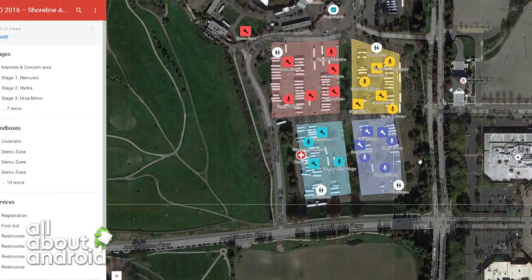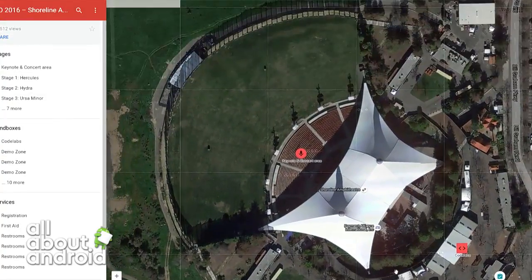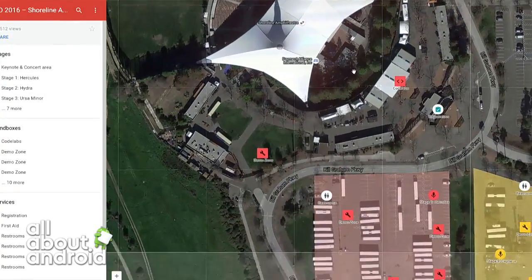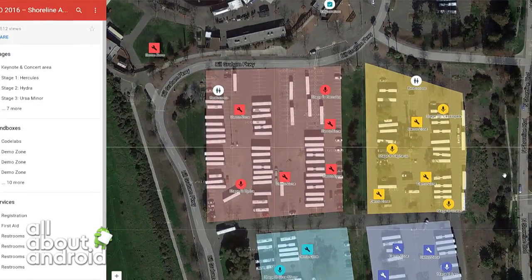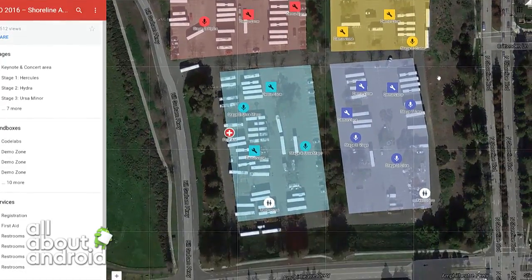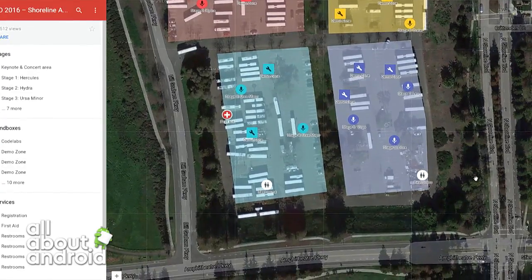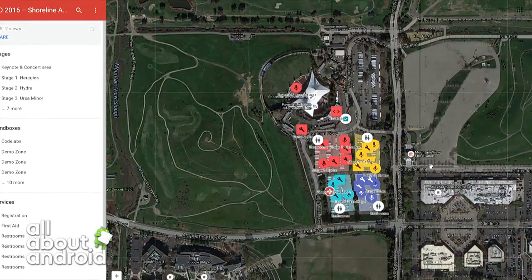Look at it. They got the whole lawn. We're going to hang out over there and have a little picnic up on the lawn. Then we're going to walk down and watch a little developer session on VR. And then we're going to go across the street to, I don't know, whatever that yellow place is. I'm just pretending what this all is. And then we're going to go hear about Project Tango. And then we're going to go down south. When I go to shows like this, I always wonder where to go get drinks afterwards. Where do you go for drinks in the south?